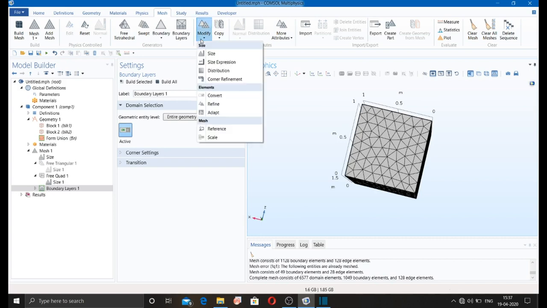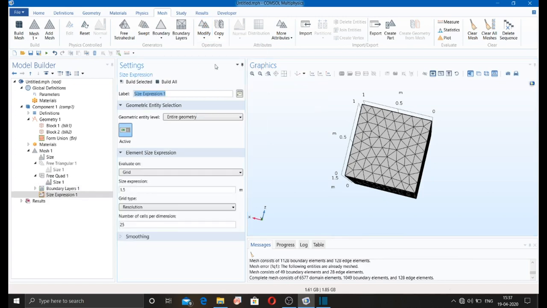If you want to modify your meshing size expression, you can give the meshing size expression from here, in the equation or anything.